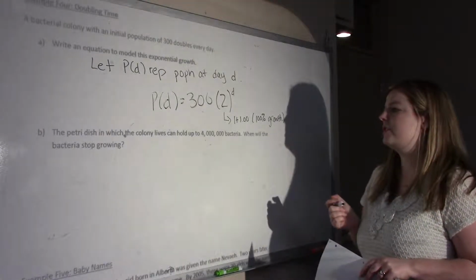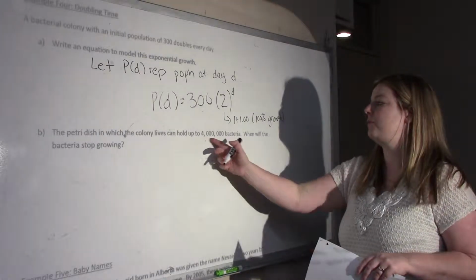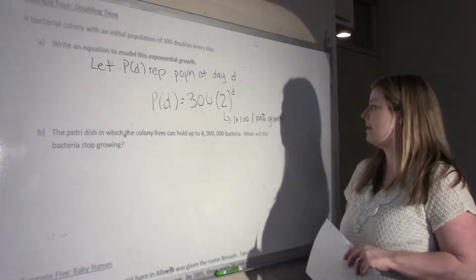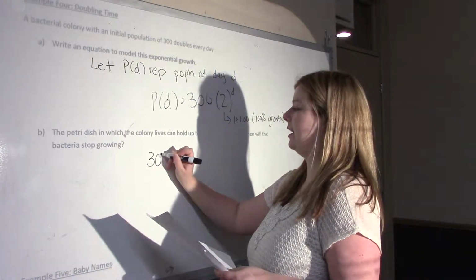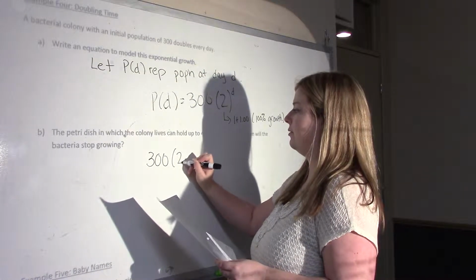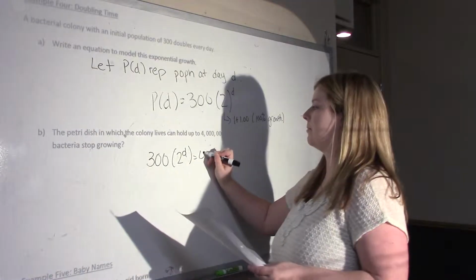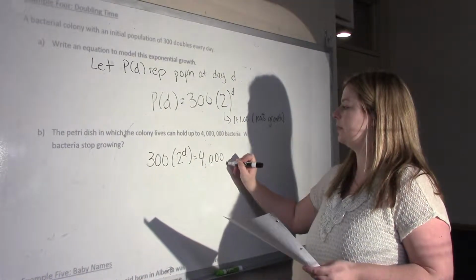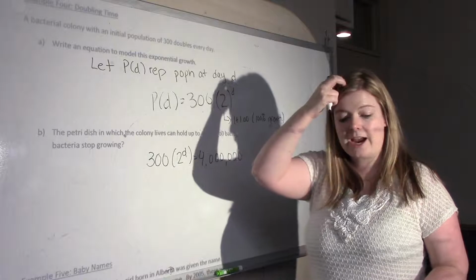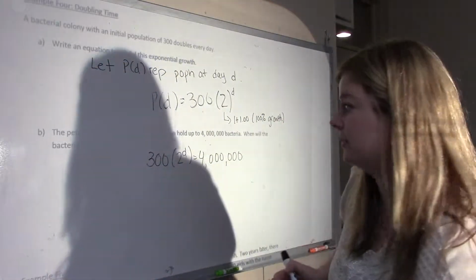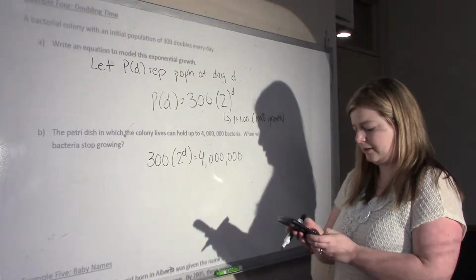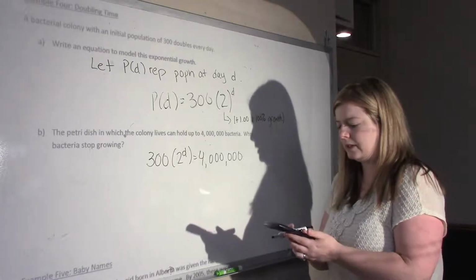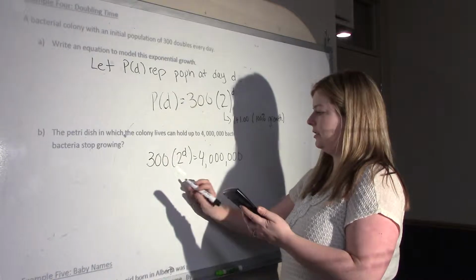The Petri dish in which the colony lives can hold up to 4 million bacteria. When will the bacteria stop growing? This means you need to set your 300 bracket 2 to the power D equal to 4 million. We can divide by the 300, but we can't do anything with the 2. So we take 4 million and divide by 300, and we're left with 2 to the D equals